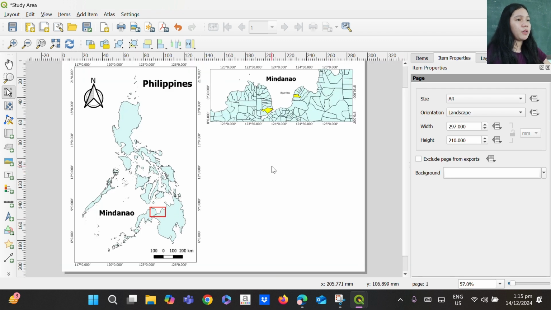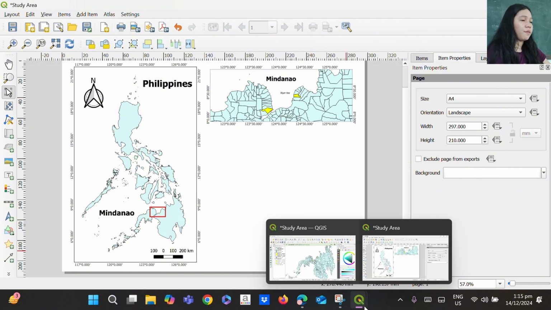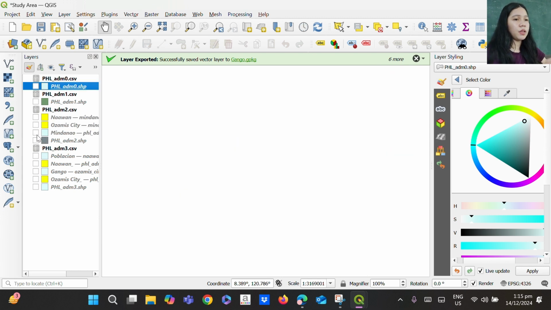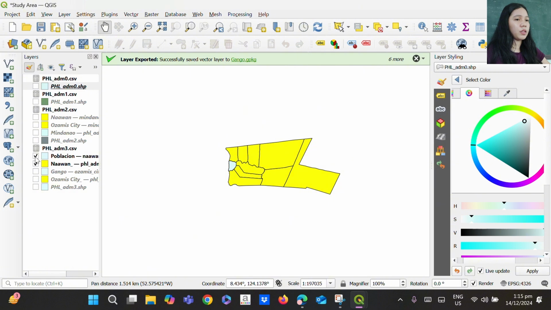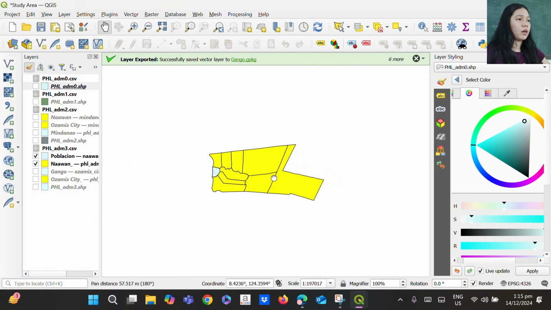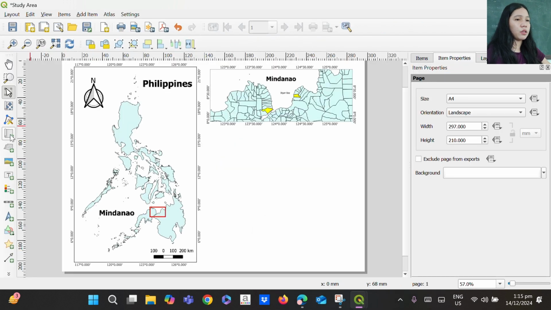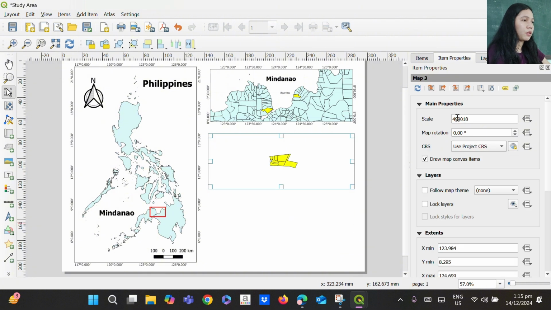So we're done putting the Mindanao region. So we're going to extract the highlighted areas here, Danaon and Azamis. So we're going back to the previous window. So I'm going to highlight this one. First Danaon. So I'm going to check here since this is the map I wanted to add to the other windows. So just add new map. Just draw this one up right here, where we're going to show the map that you have shown earlier.